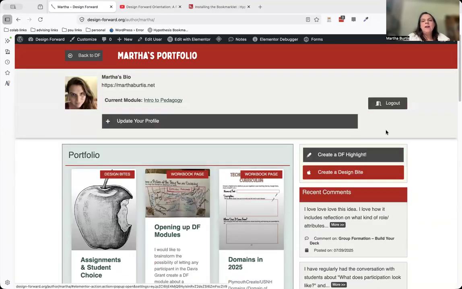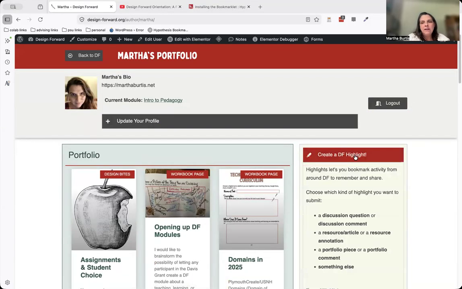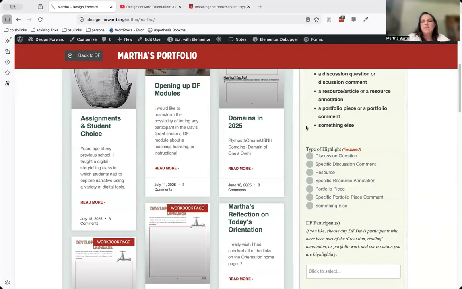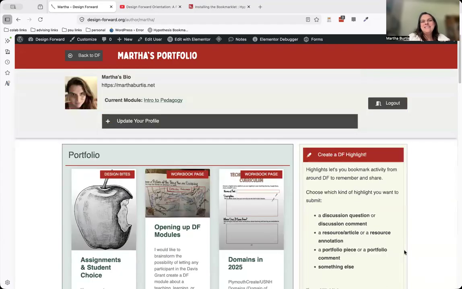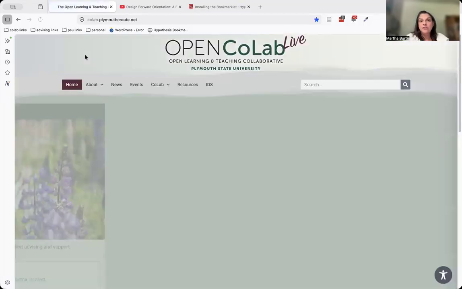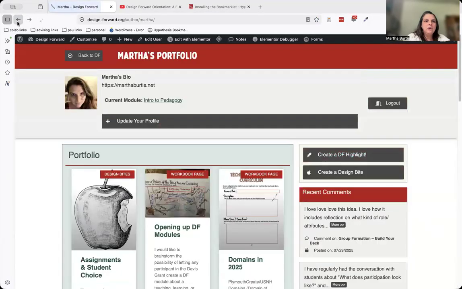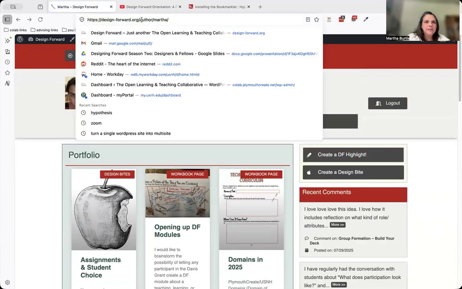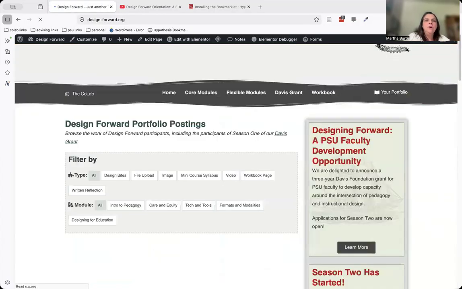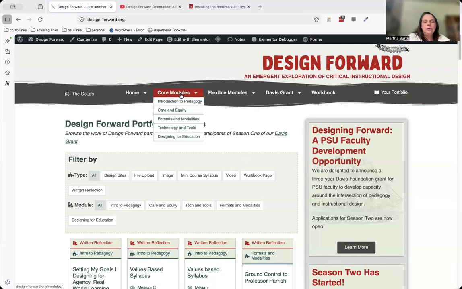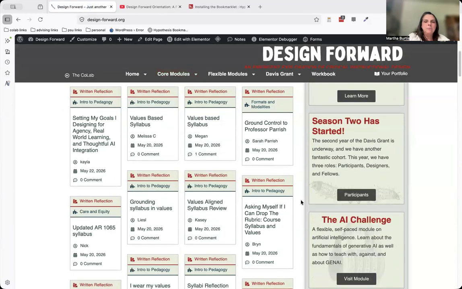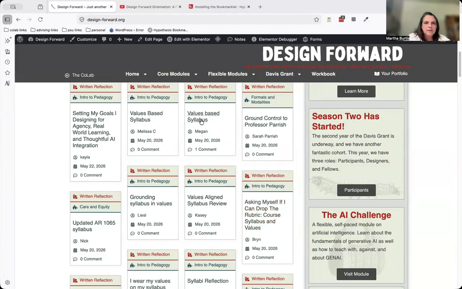You can create a highlight from scratch right here by just clicking on this link and filling out the form, but it's easier to do it when you encounter the thing that you want to highlight. Oops, I didn't mean to go back to the Colab website. So let me go back to Design Forward, I've got to fix that little button, and jump into somebody's